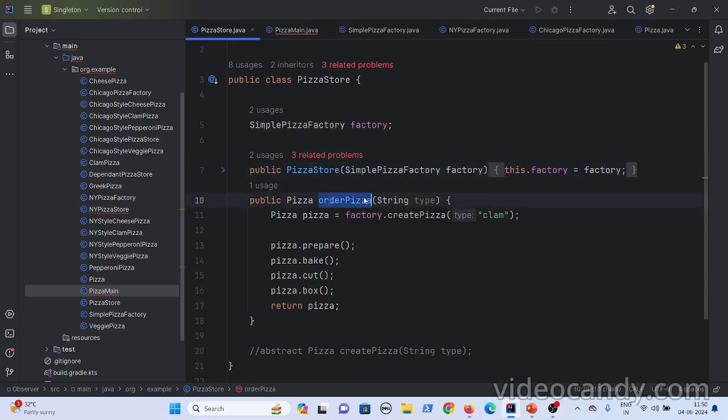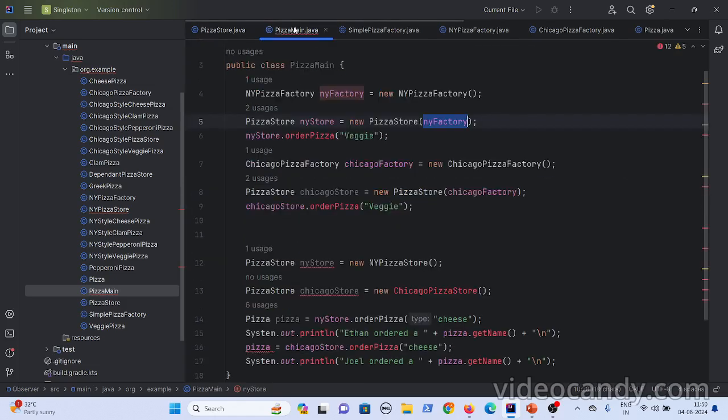In the order pizza method, what you have is factory dot create pizza of clam pizza or veg pizza. So when you order pizza by specifying this factory, it will create your New York style pizzas. Let's say a person from Chicago wants veggie pizzas.